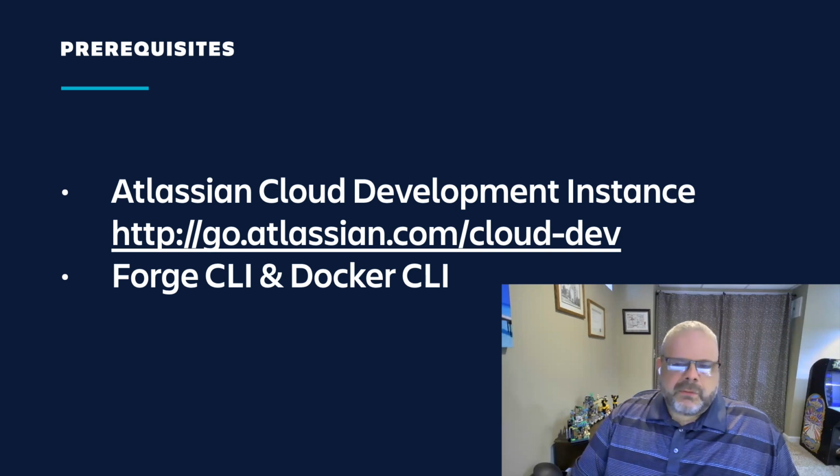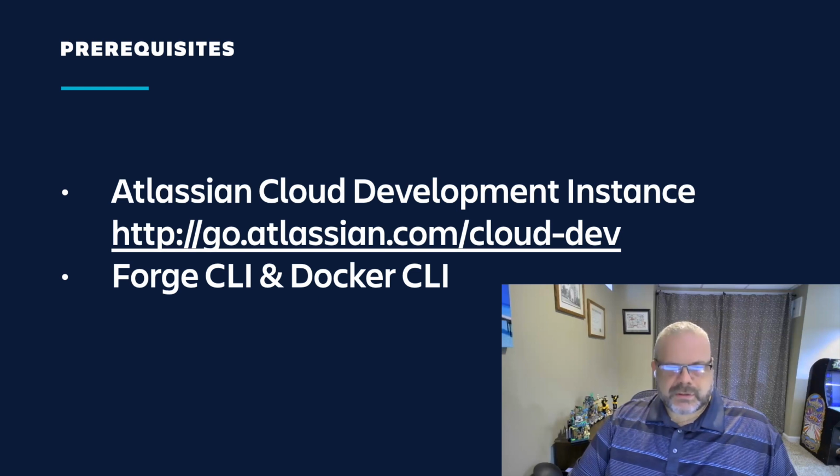Let's just talk about prerequisites. There are a couple of things that you should have already set up before joining today. One being an Atlassian Cloud development instance, and you can get one by going to go.atlassian.com/cloud-dev if you don't already have one. The Forge CLI should be installed, as well as a Docker CLI so that we can use Forge Tunnel. So if you don't have those things installed, I would try getting those installed quickly before our first